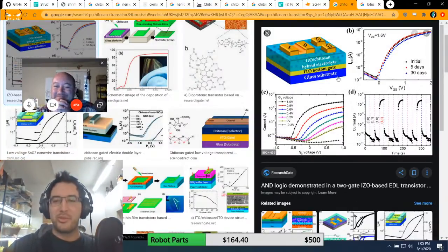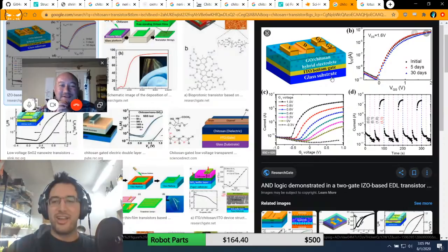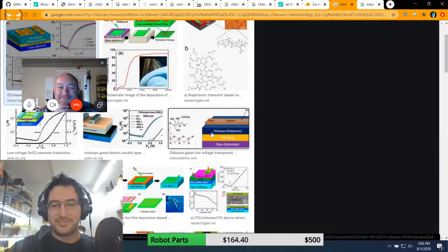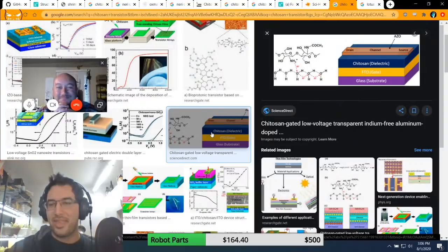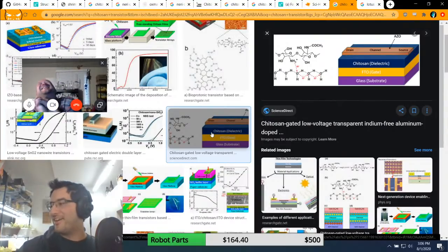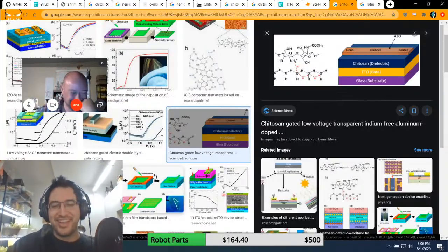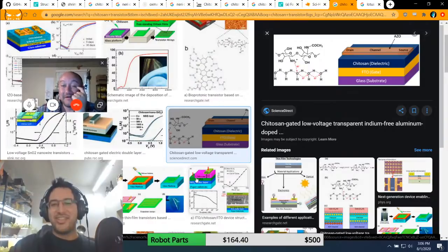Oh, here we go. Here's all your buzzwords. Here's a chitosan graphene oxide transistor. There's your gate. There's your drain. There's your sink. Yeah, that's a transistor. That is a proper transistor made out of fucking chitosan. Okay then. I give up. I'm done. I'm just fucking done. Okay. I think on that note, we're gonna have to wrap this up because otherwise my brain is